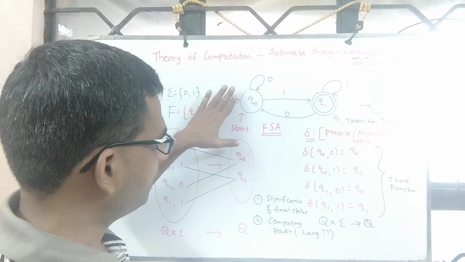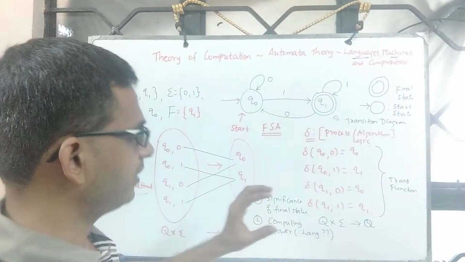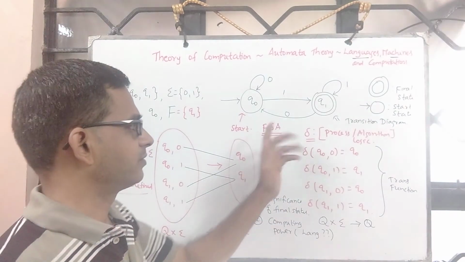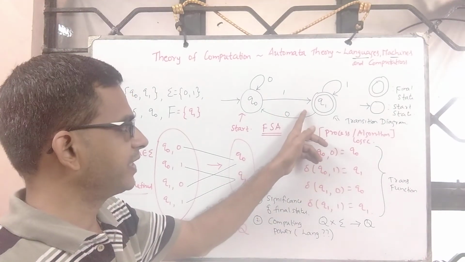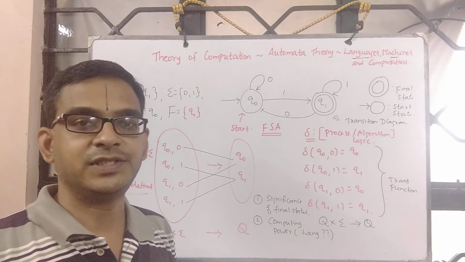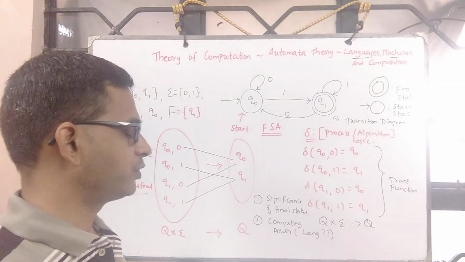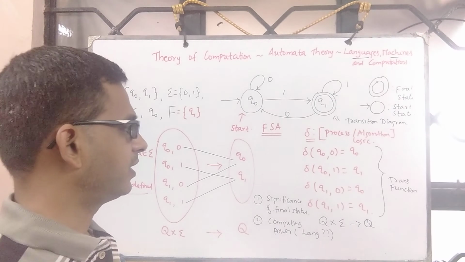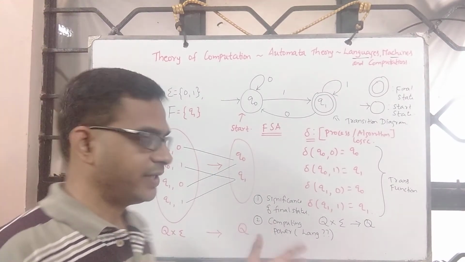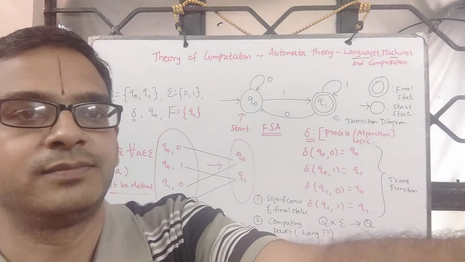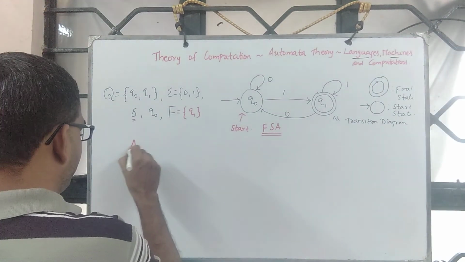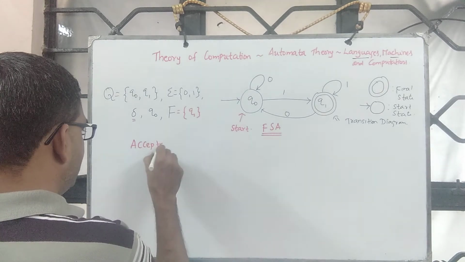So starting from q0, reading the input string, and after reading the input string completely, you reach the final state, then we say so and so string is accepted by this automaton. Okay, let me write that. So when it comes to acceptance,